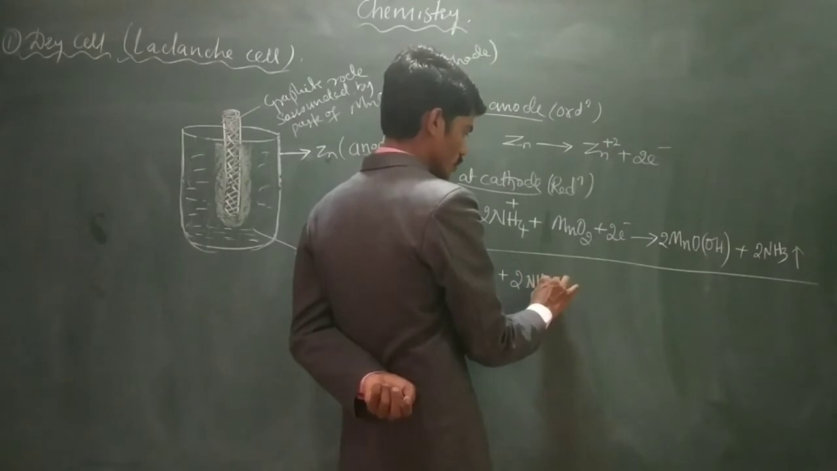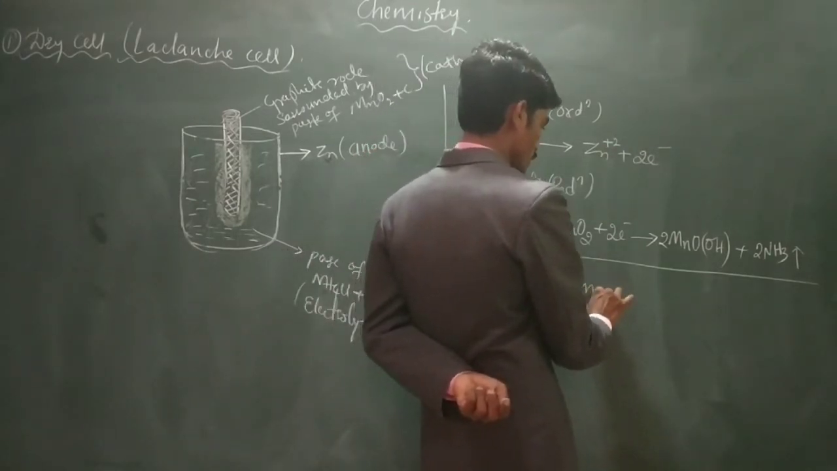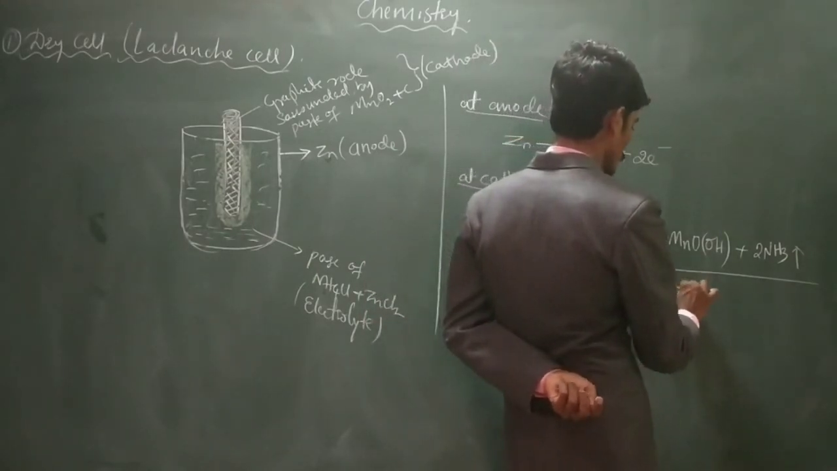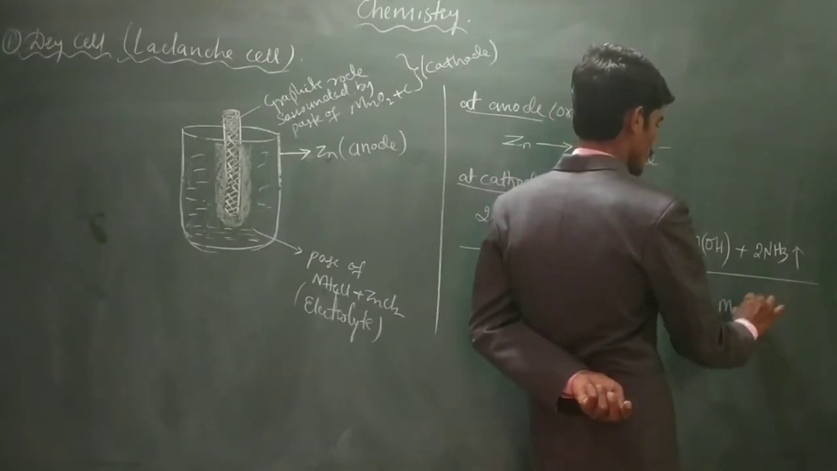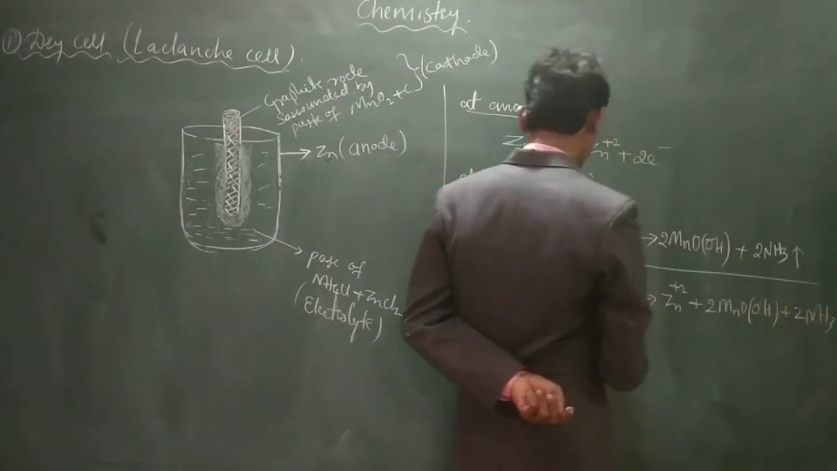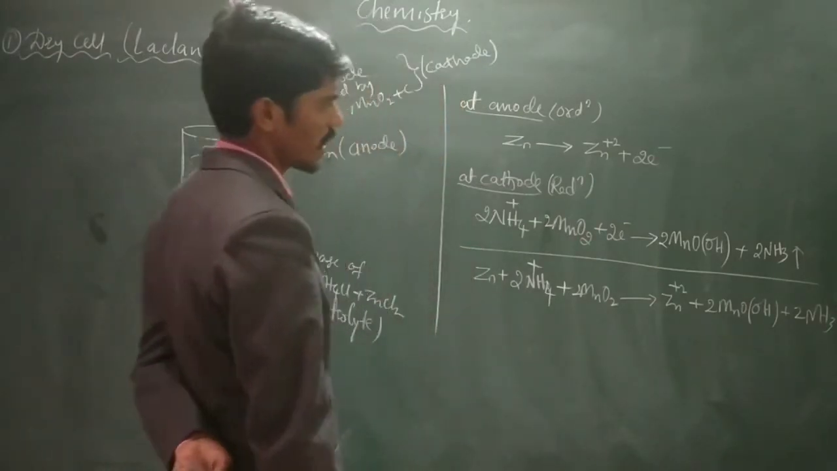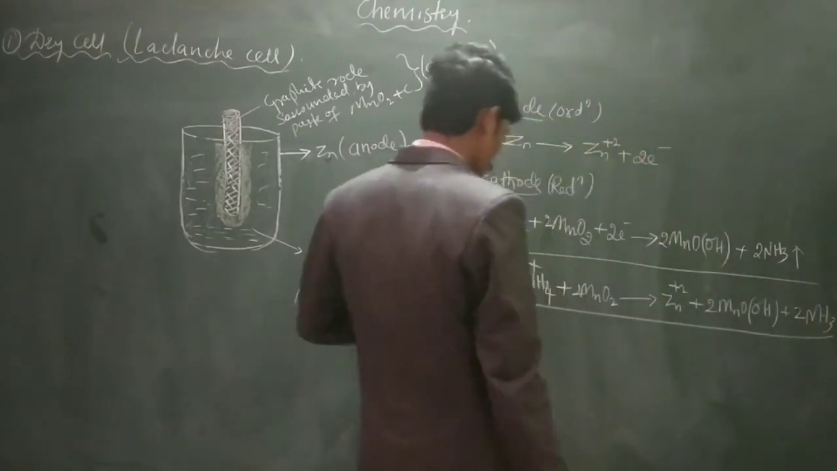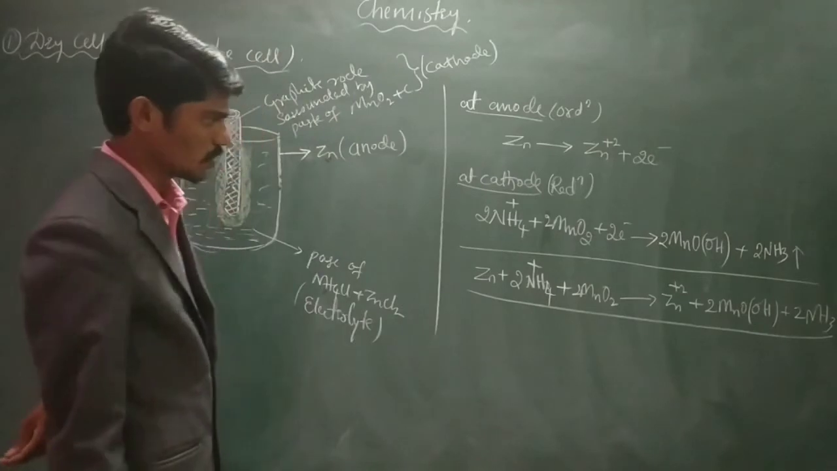2 molecules of NH4 plus MnO2 gives rise to Zn2 plus, 2 molecules of MnOOH plus 2 NH3. So this is the overall reaction, where we can say that zinc is undergoing oxidation and ammonium ions are undergoing reduction, because these